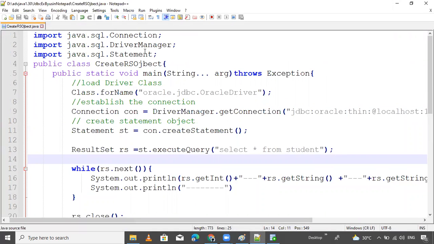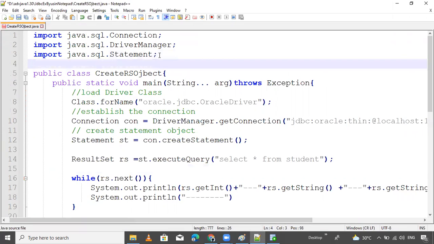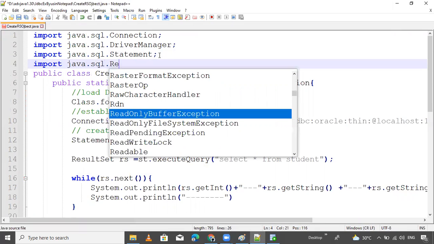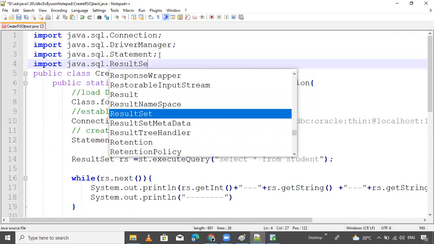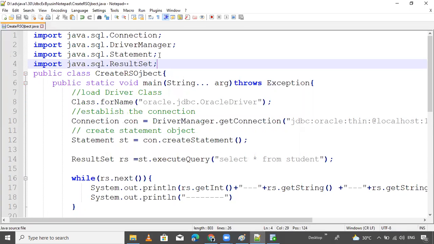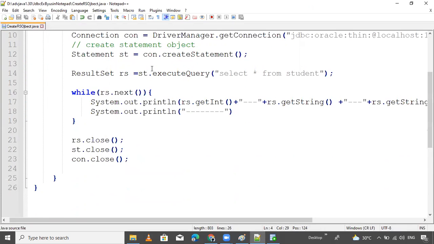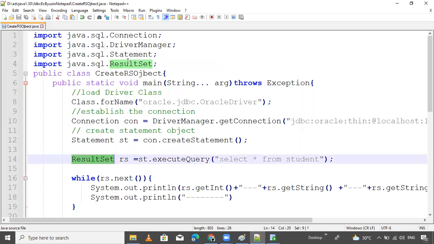This is the connection. Here, one thing is required: import java.sql.ResultSet. The ResultSet interface is required for what we are using. Otherwise, we'll leave it.